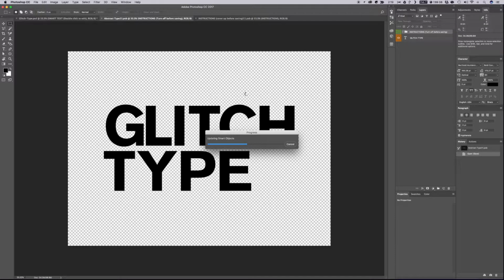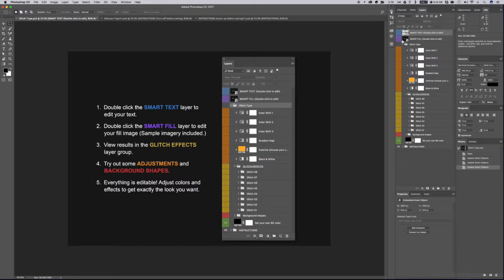And obviously, when you come in here, you can use whatever font you want, put whatever type you want in there. And later we'll also see that you can use objects or logos in here as well, in addition to type. So once all those smart objects are updated, we'll go back to the main file, double click on